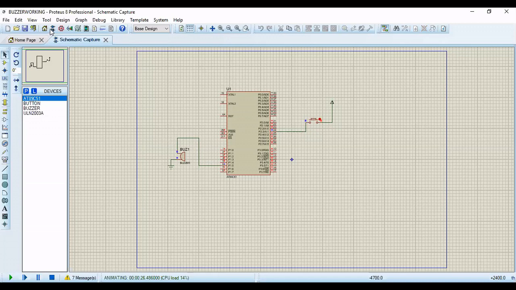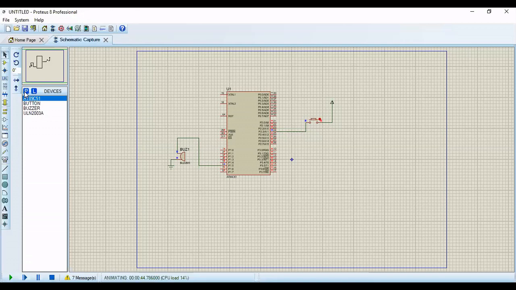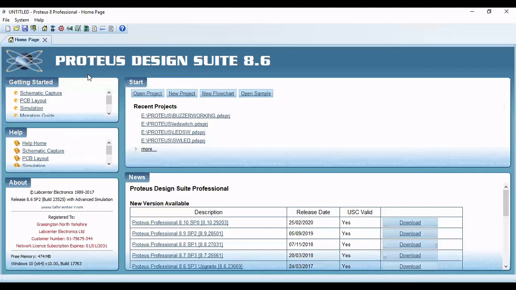Right. So let us see how to do this program. What will I do? I will save this program and then go for a new schematic capture. So let me go for schematic capture. How does it look? Here you can see that there is a schematic capture, right? I need to go to the new project, the file, and there you go to schematic capture. On the menu bar you have an option for schematic capture. Click on that.